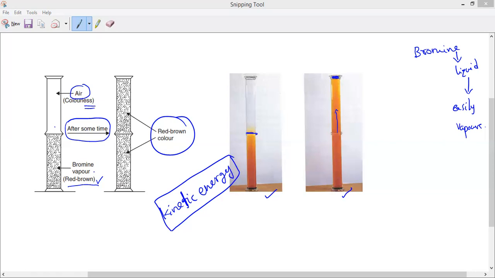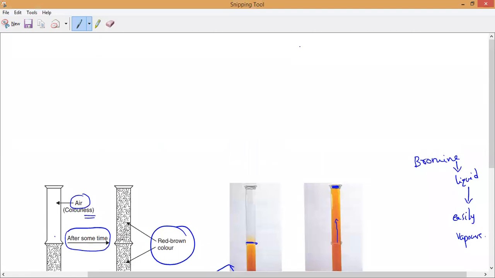Now, from this you can tell me in which state the motion of the particles will be much faster? Liquids, gases, or solids? Anybody smart? Be smart. Vardhini, Arun. Gas, sir. We have three kinds of matter: solid, liquid and gas. In which one are the particles of matter much faster? Gas. Do you understand?